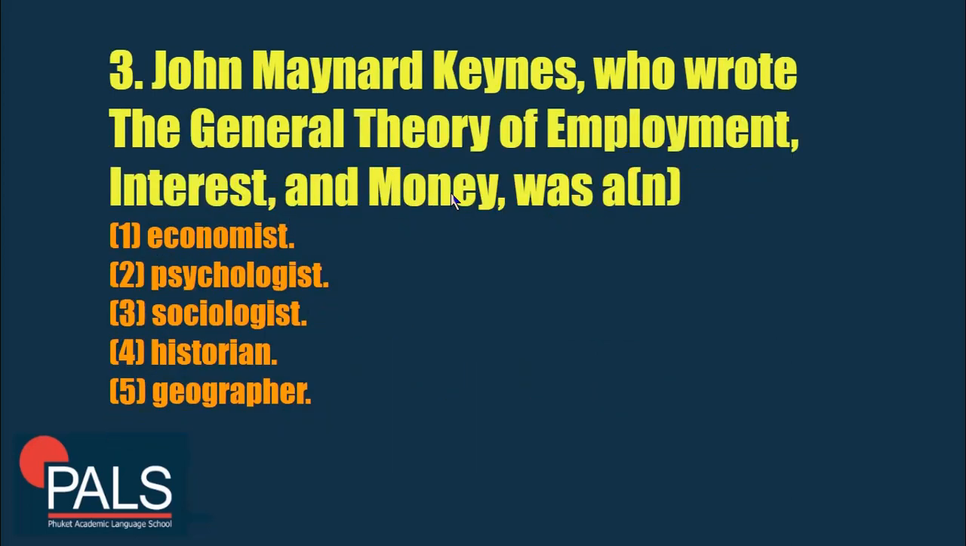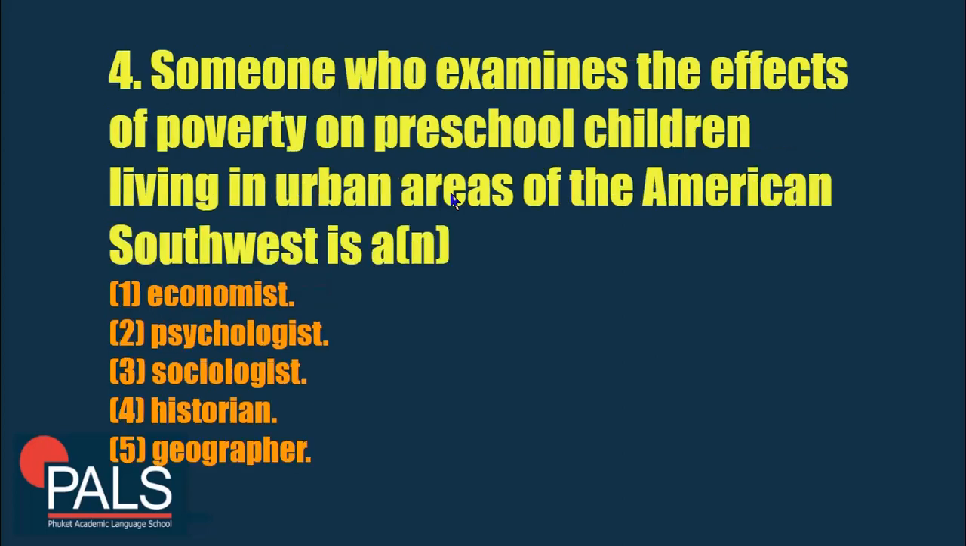Money, wealth. Okay, that's the title of his book, and of course, by that you can guess that he is an economist. Number 4, someone who examines the effects of poverty on preschool children living in urban areas of the American Southwest is